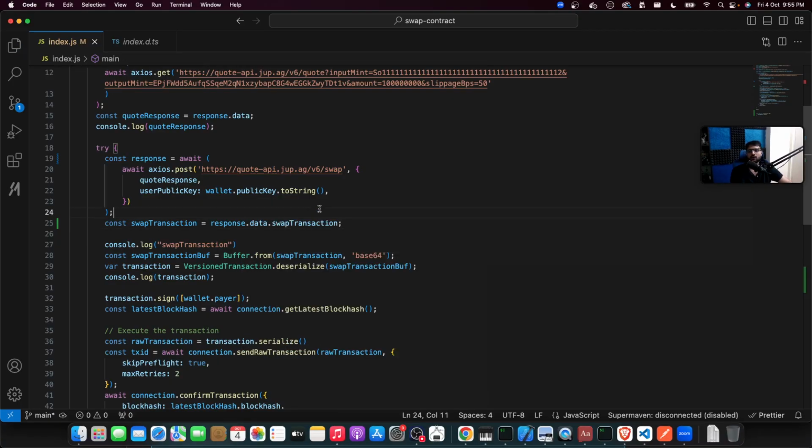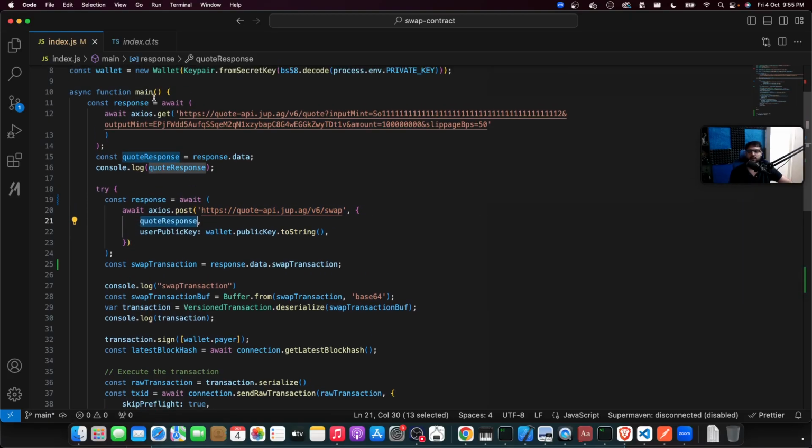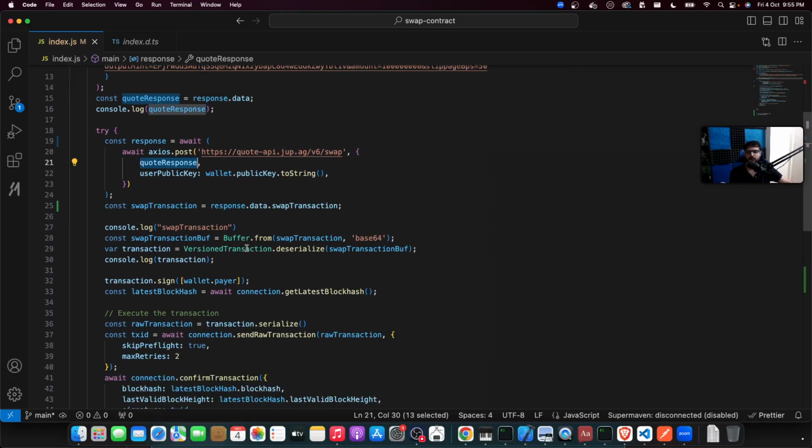There you go. I send another request to swap. This was the quote response that I got. I'm okay with this quote, so I'm going to send a request to actually swap it. I get back the swap transaction in base64, converted into bytes, converted into the transaction object, sign the transaction,